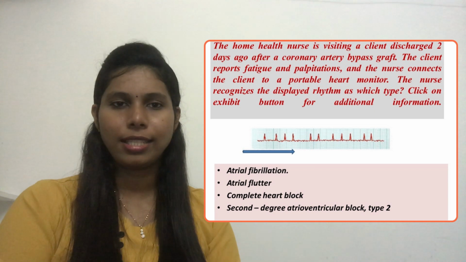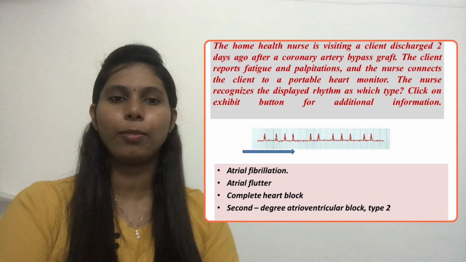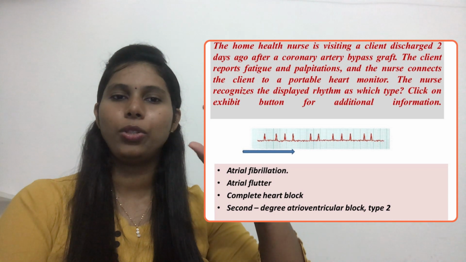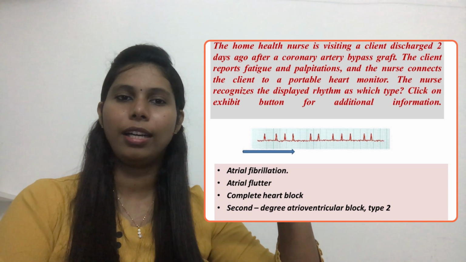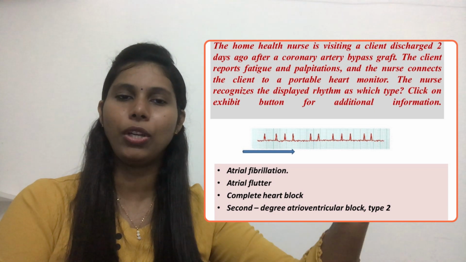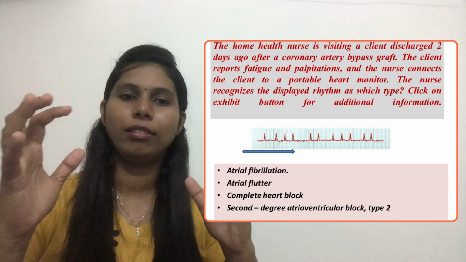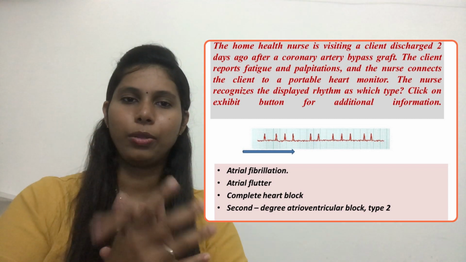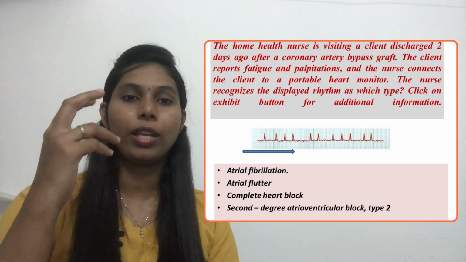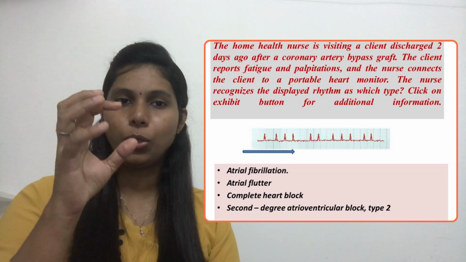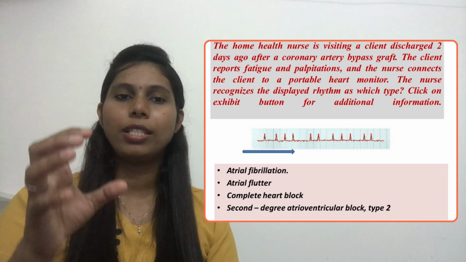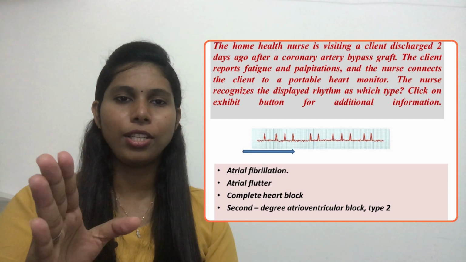Those who are preparing for the NGN exam know that we can expect some exhibit questions. With exhibit questions, first you will see the question and there is one button at the bottom, like Exhibit. When you click on that button, you will go to another screen in which you will see some of the things related to that particular question scenario. So you should always read completely. Sometimes you can see two exhibits, so you should always open those exhibits and read carefully, because the question and the options are 100% related to that exhibit.